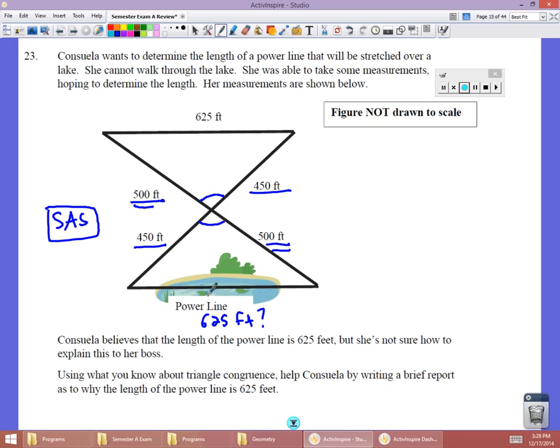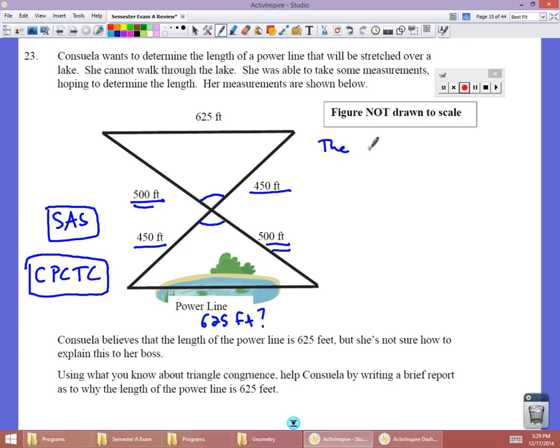Alright. And if we know that the two triangles are congruent, then all of the parts of the triangle match up, and our reasoning for that was CPCTC, which again stands for corresponding parts of congruent triangles are congruent. So when we write our brief report, we want to include these different things. And so we'd want to say something along the lines of